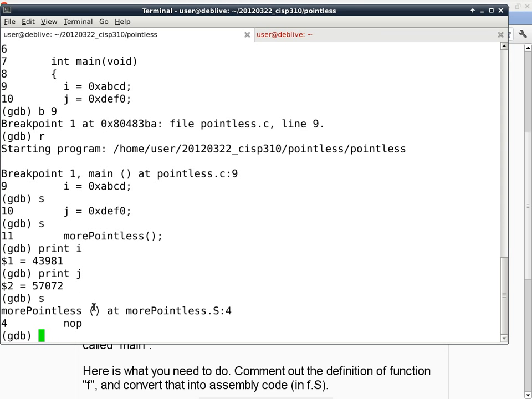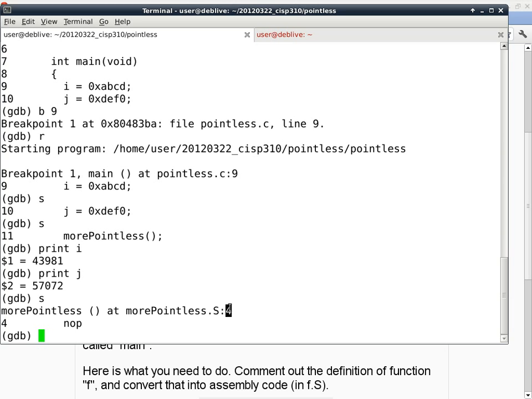Step. Now this is kind of cool, because it was tracking down in the C file. You can see from the name of the file and also the line number. But when we get into the other source file, it automatically knows that we are switching to the other file, and it also remembers what line we are at that point. So the debugger is pretty